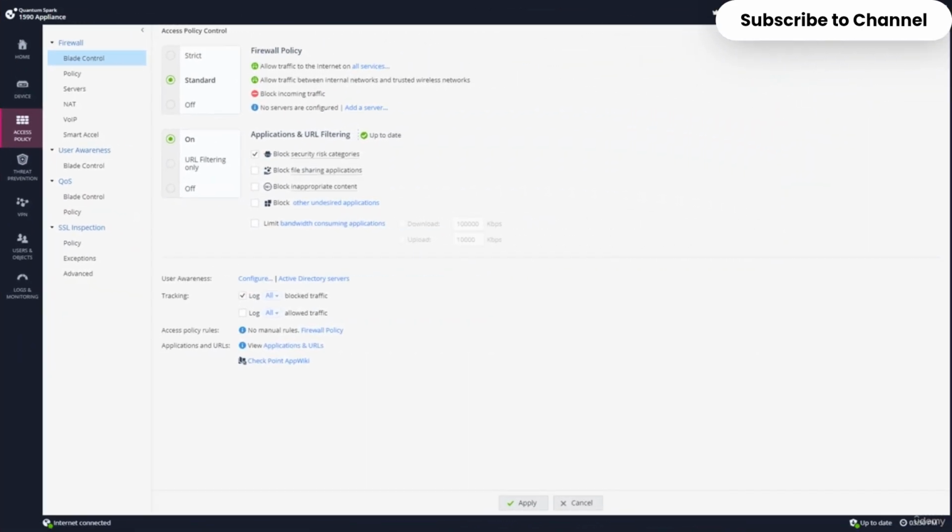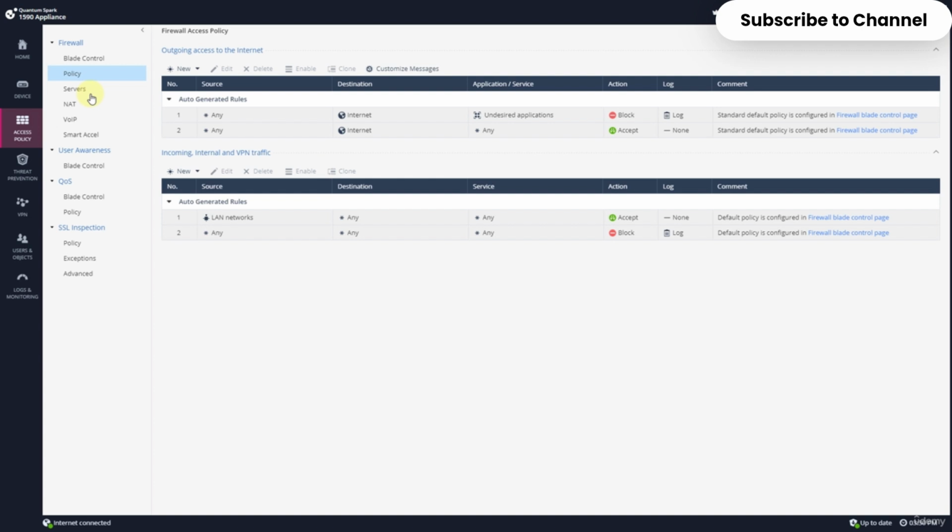So here I am on my appliance. You can see it's the Quantum Spark 1590 appliance. And here under Firewall Policy, I can see indeed everything we saw on the slide. And if I go to Policy, I can see the actual policy in a well-known and lovable format, a rule base. So I can see outgoing access. I have any source to internet destination, and